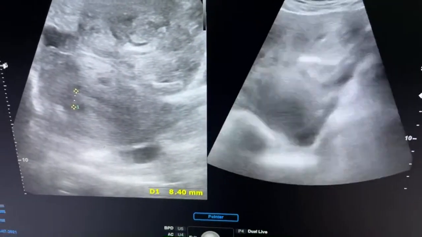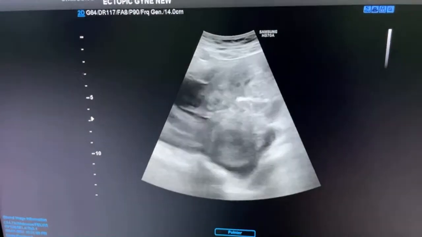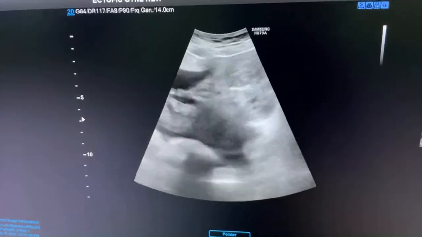Let me show you one more picture. See this. Don't rely immediately on transabdominal to TVS. You can use a linear probe. A linear probe can also give you information if the patient is not willing for TVS, whether married or unmarried. If she is unmarried, definitely we have to use a linear probe also.